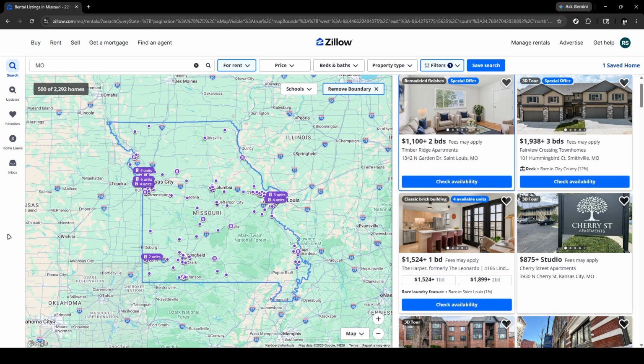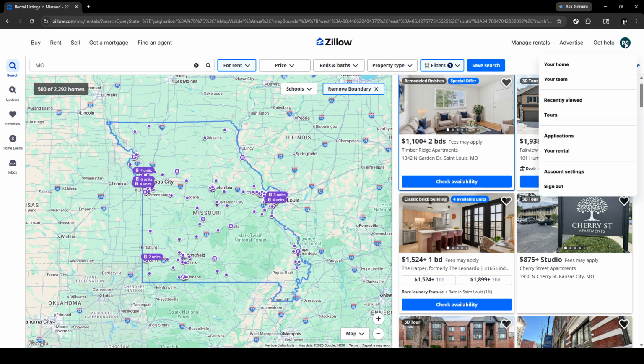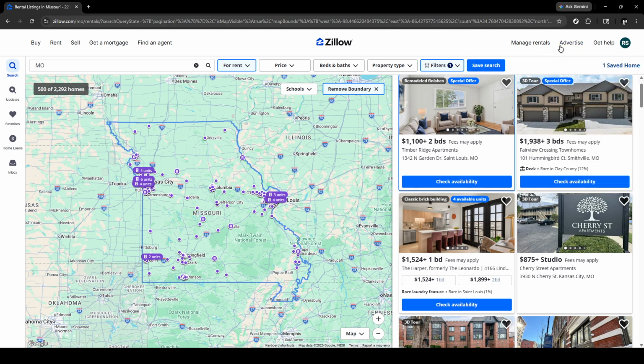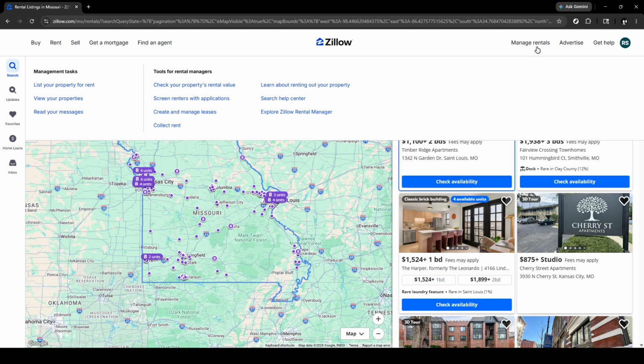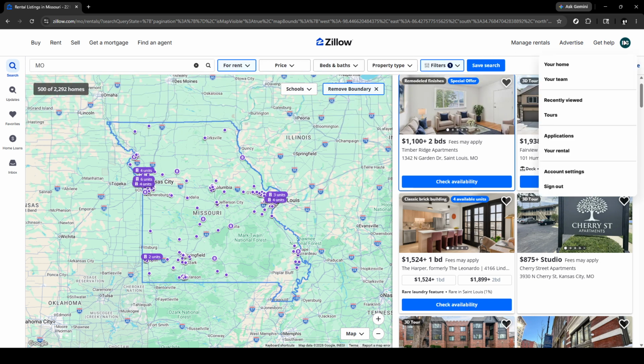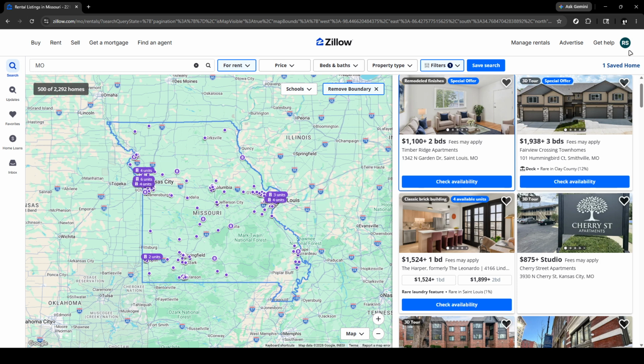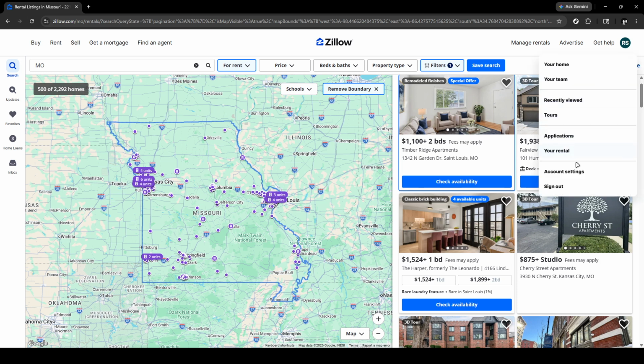Start by opening your preferred browser and heading to Zillow.com. Sign in to the account that's receiving the emails. If you use more than one email address or have multiple profiles, take a moment to confirm you're in the right one. Subscription settings are tied to each profile, so being in the correct account is essential to seeing and